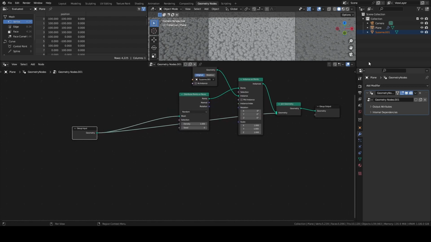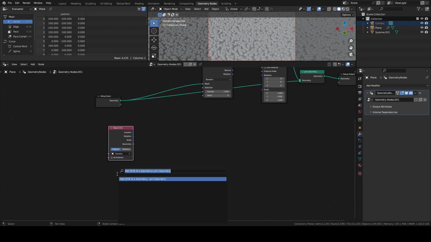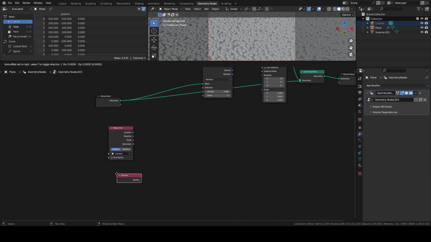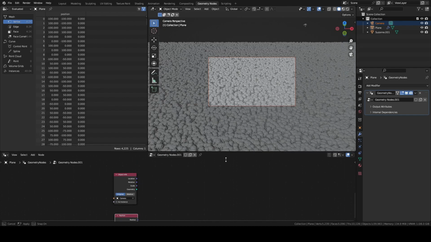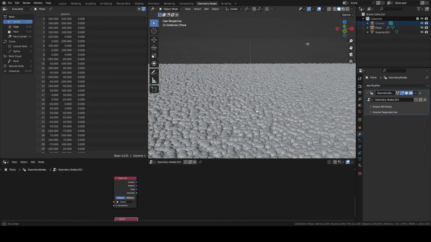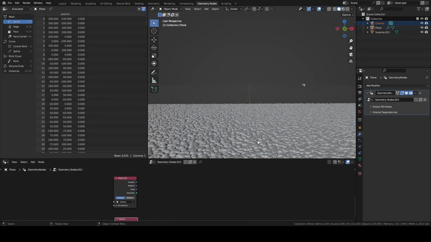What I'm going to do is to take my camera, drag it here, and also add a position node. Then I'm going to use some vector math, in particular vector subtraction. What does it mean?